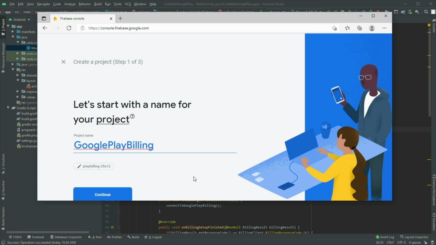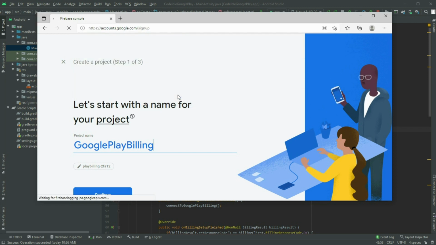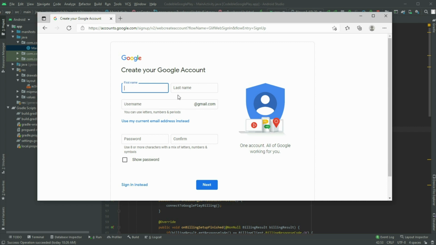If you do not have a Google account, go to accounts.google.com/signup to create an account. Once you have created a project, make sure you have Node and Firebase tools installed on your